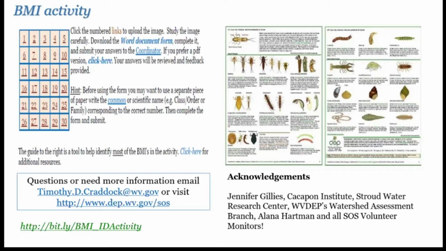So today is the 6th. You have until the 13th to finish this. And the purpose is to identify 30 different BMIs. And I want you to identify these organisms to the lowest taxonomic level possible. Be as correct as possible because it's going to matter when we evaluate all our entries.